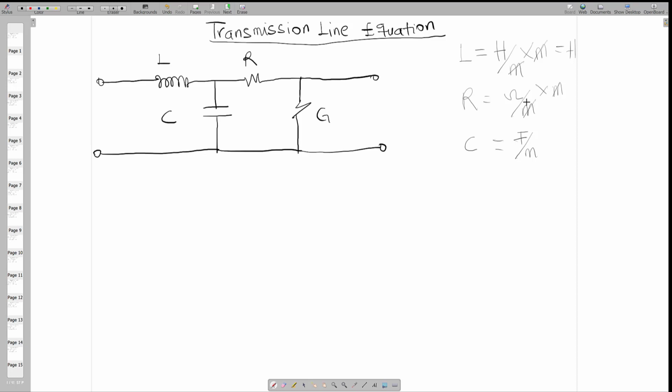So like that, we have to multiply everything by M to cancel out the M's, and we'll have the absolute value for each primary constant. So what will happen is that we will take a small section, or you multiply all the primary constants by section delta x,